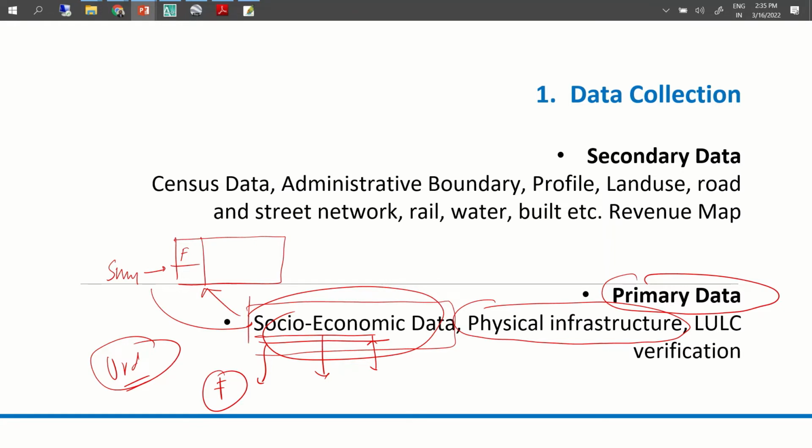So the mapping of the built environment should be done to the level best, so that later, if you propose some new interventions, they go hand in hand with the existing infrastructure.